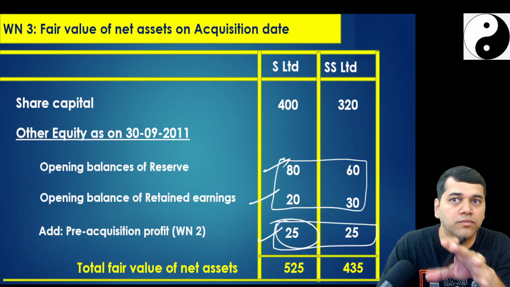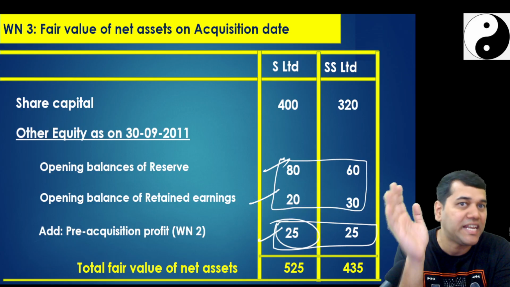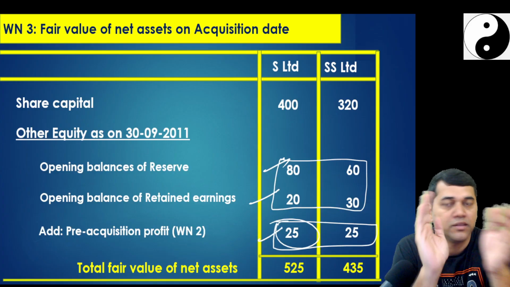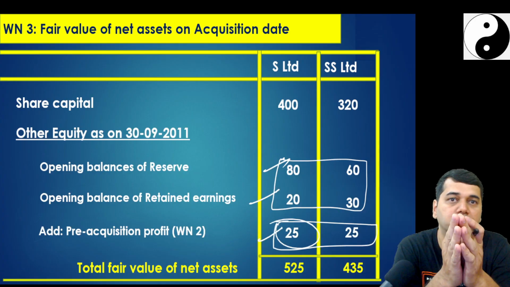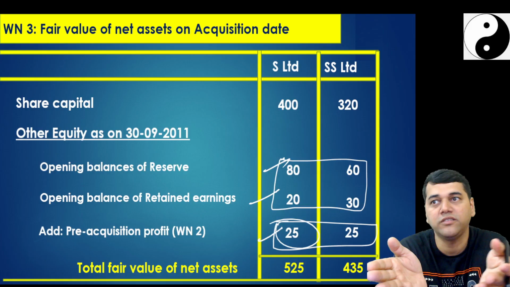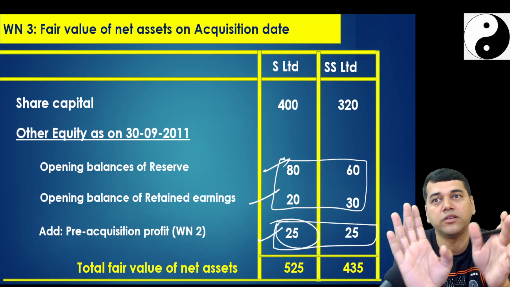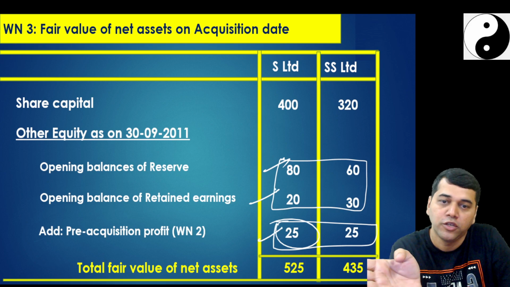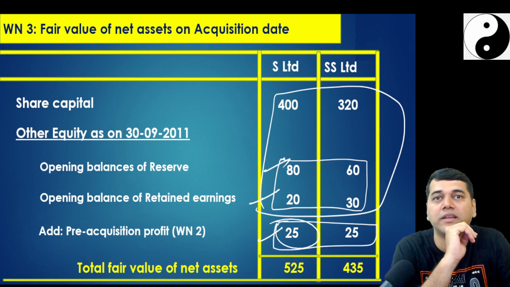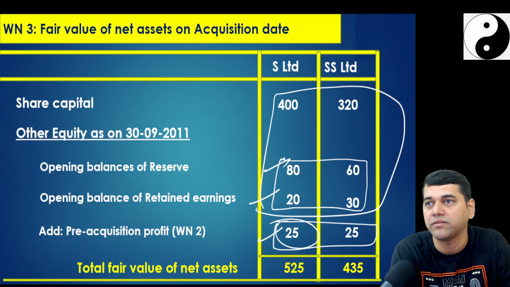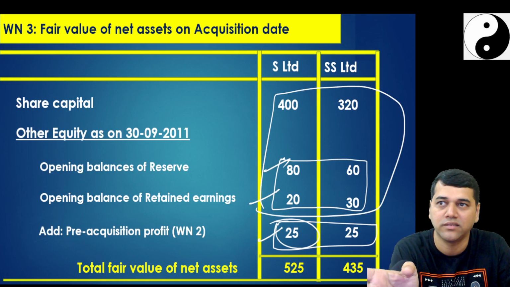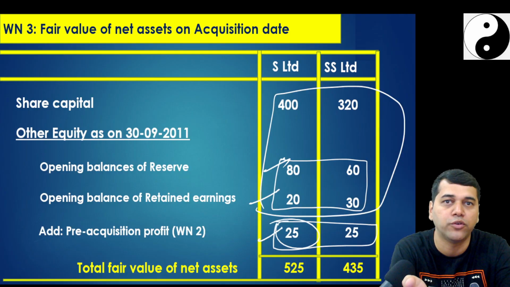But understood, no? That this is the profit for the entire year. Out of that you said, look, my business is not seasonal. That's why we have taken 6 months profit as 25. If they say business is seasonal, first 6 months no profit, no sales, only in the second 6 months you are done. That means the pre-acquisition, post-acquisition doesn't come into the picture. You say this is my total net reserve balance on that day, because in the first 6 months you didn't make any profit. Real profits you made in the next 6 months, after post-acquisition. I'm telling you just ideas so that you are conceptually very clear what we are doing here.